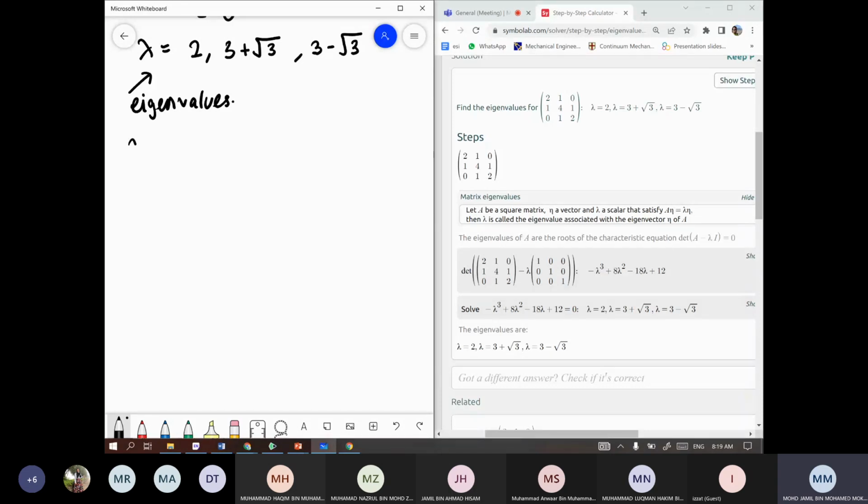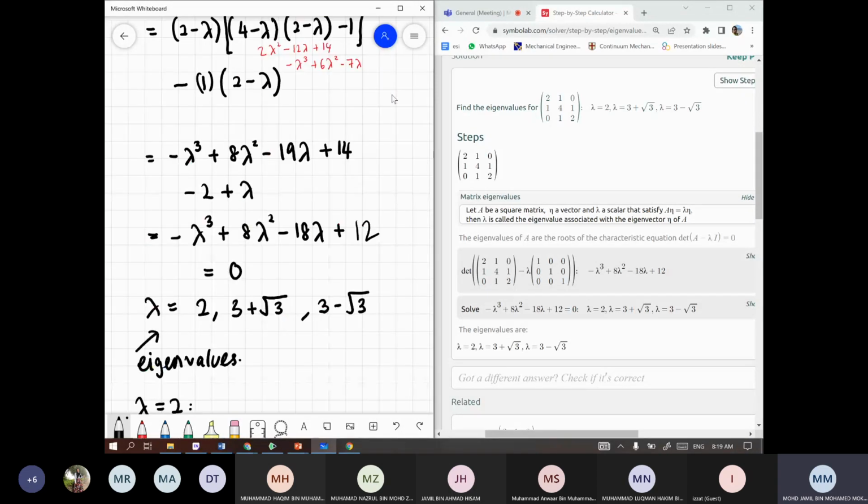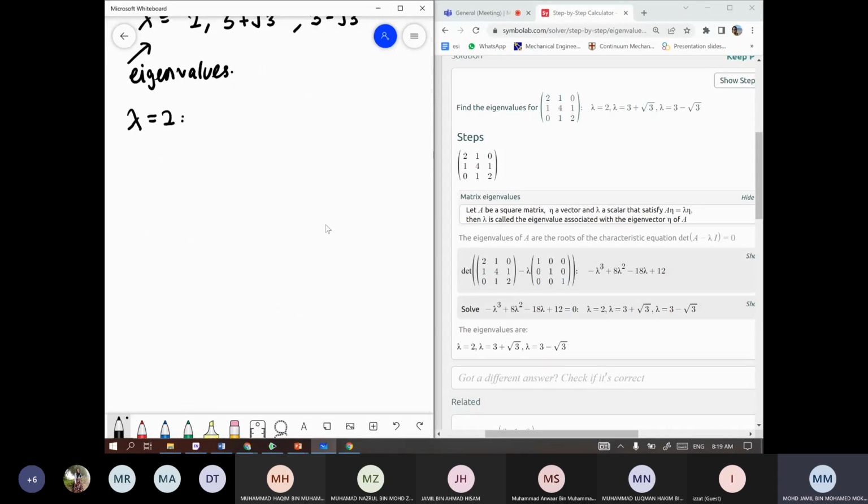Okay, so we start with lambda equals 2 and then substitute back into this equation. Okay, so n is our eigenvalues. So when lambda equals 2, we get